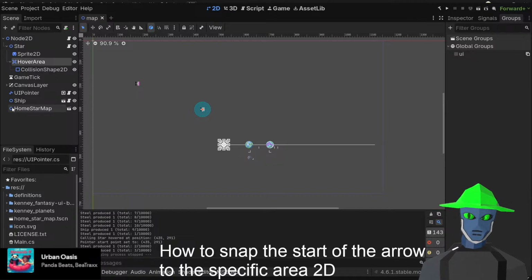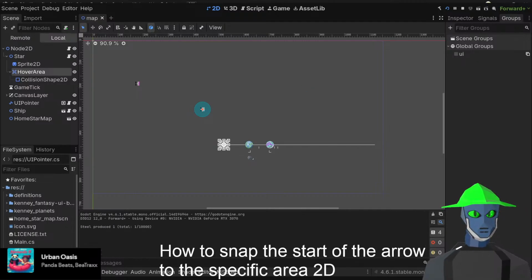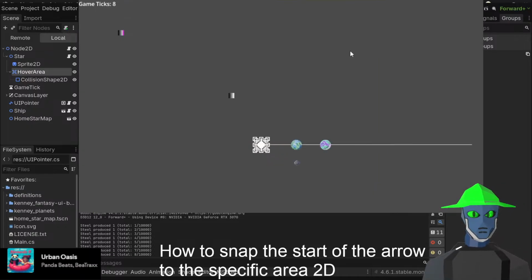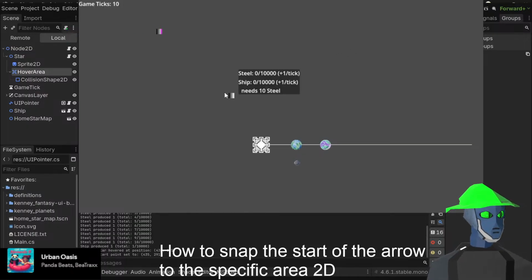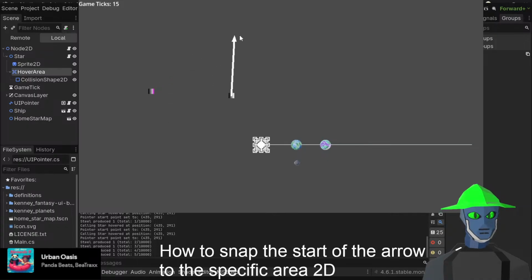This is specifically star, so technically it should be only hover area, probably. We'll see how it goes. So what I want to do is run it again. This should not go, should not be like that, but it does not matter. We go back here. Now it should be snapping through here. We snap, and on release,